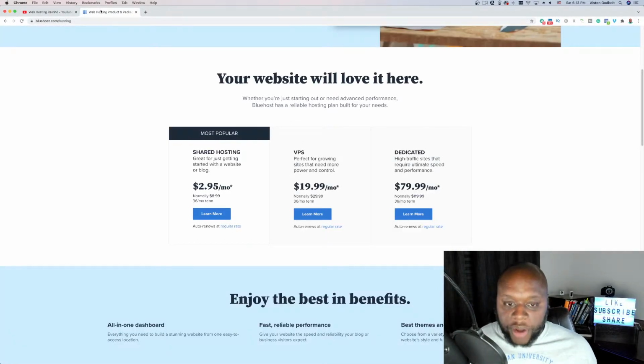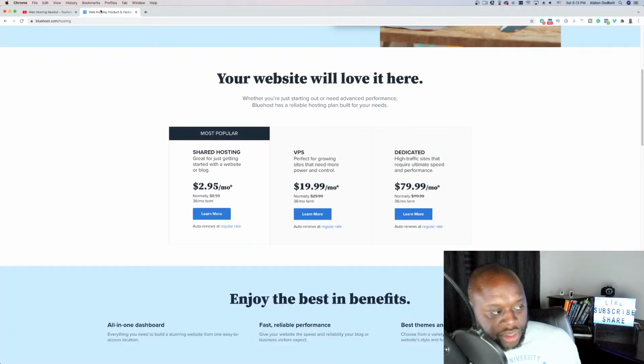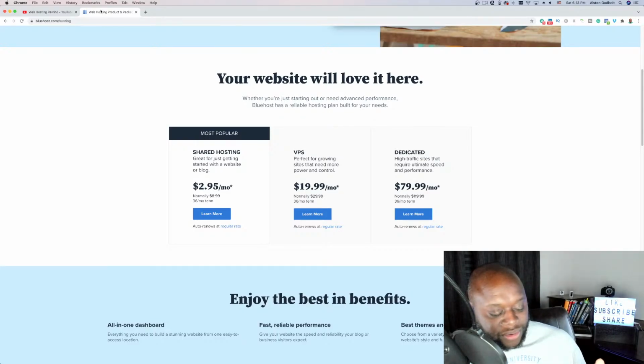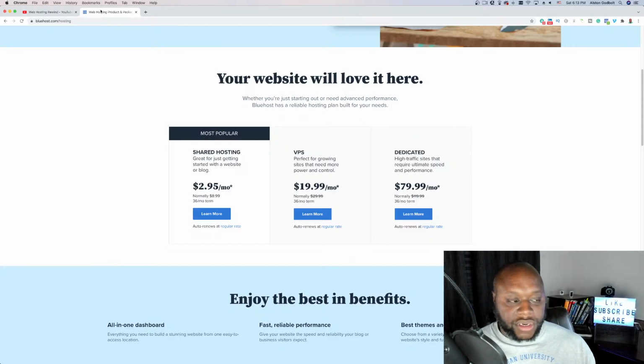And just a little bit about web hosting. Shared hosting is entry level. VPS hosting is that next step up. As you can see, there's a difference in pricing. A VPS is a server. A server is kind of like a hard drive for a computer, except that hard drive is connected to the internet.